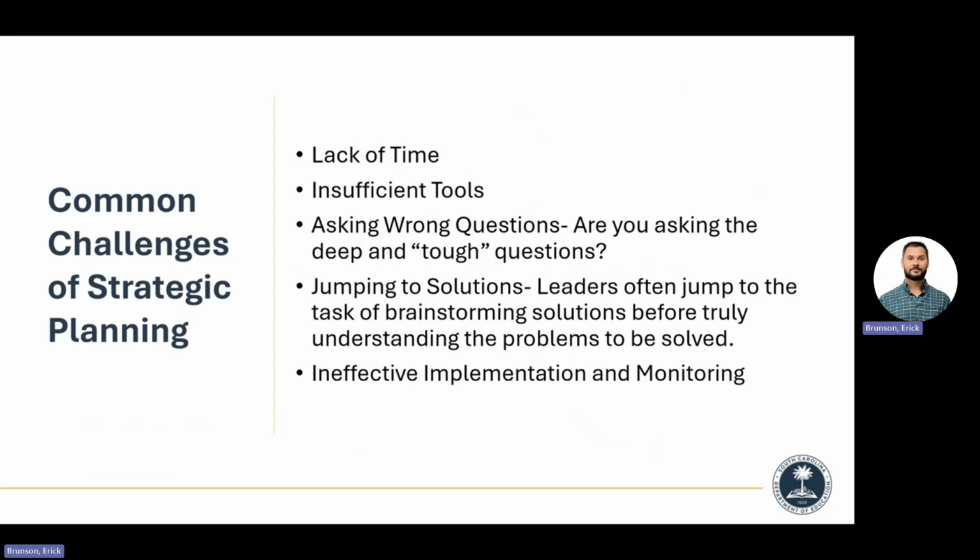Asking the wrong questions. I can't tell you how many plans have looked at trying to reduce their class size. And in some cases, I've gone back and read their old plans. They've been trying to reduce class size for 15 years. That's been their focus. What's the research say on reducing class size and student outcomes? Not that correlate. Read John Hattie's stuff, right? And others. Not that correlate.